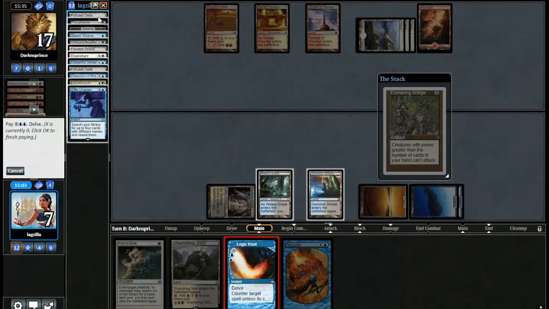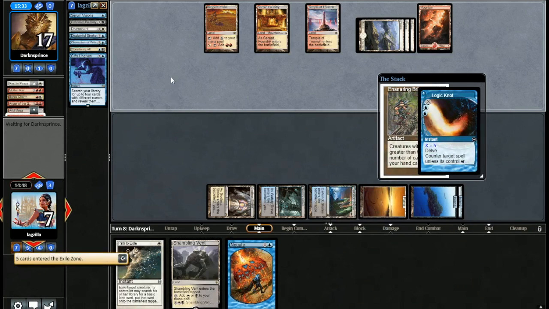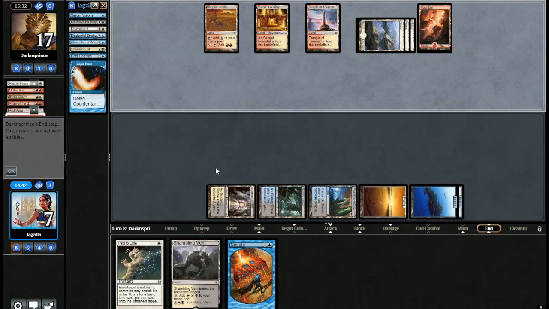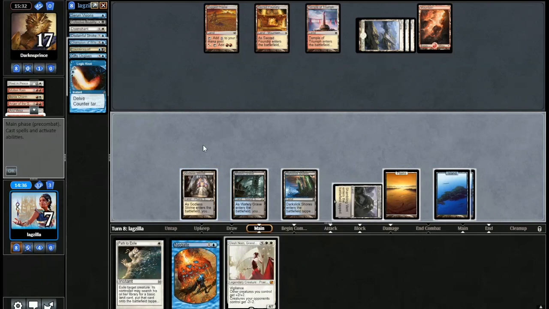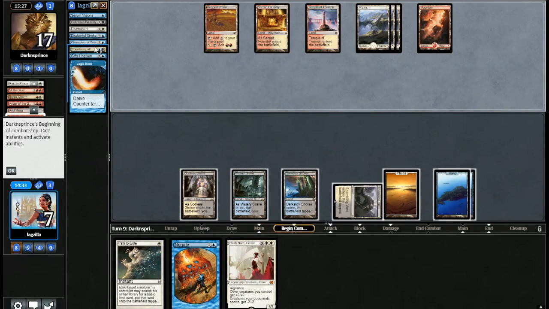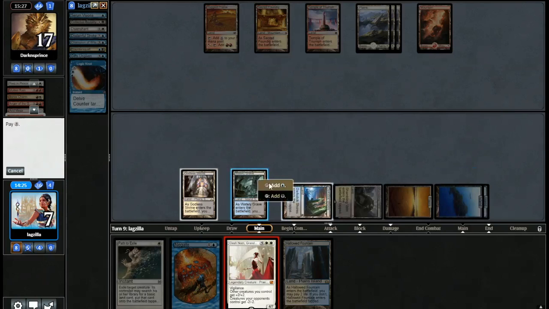So we want to do one for 5. 1, 2, 3, 4, 5. Right? They have 4 mana open. Alright. So right now we're in a pretty good spot. Elesh Norn, I mean, it's a pretty good card. That might actually be the better play than Champion of Wits. Because then when I cast Champion of Wits, it'll come into play with 6 power. Yeah, I'm going to go ahead and do that. Might be a little greedy, but...